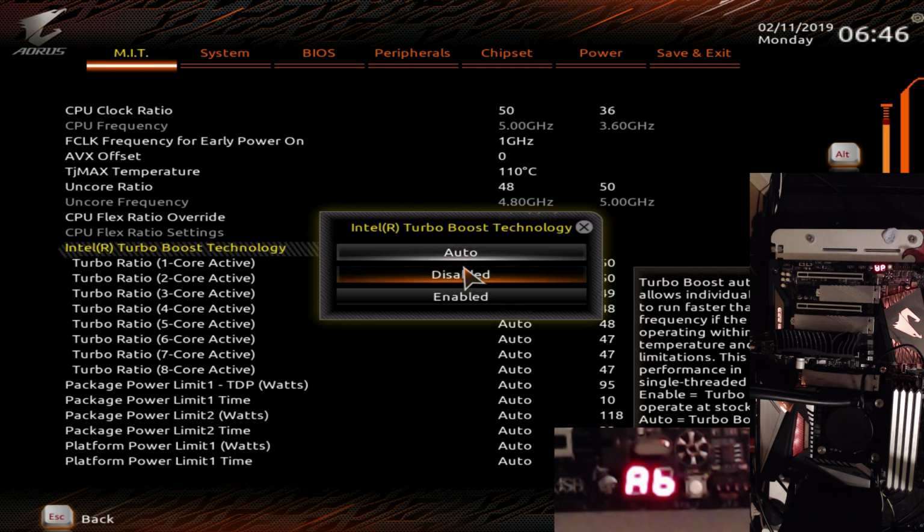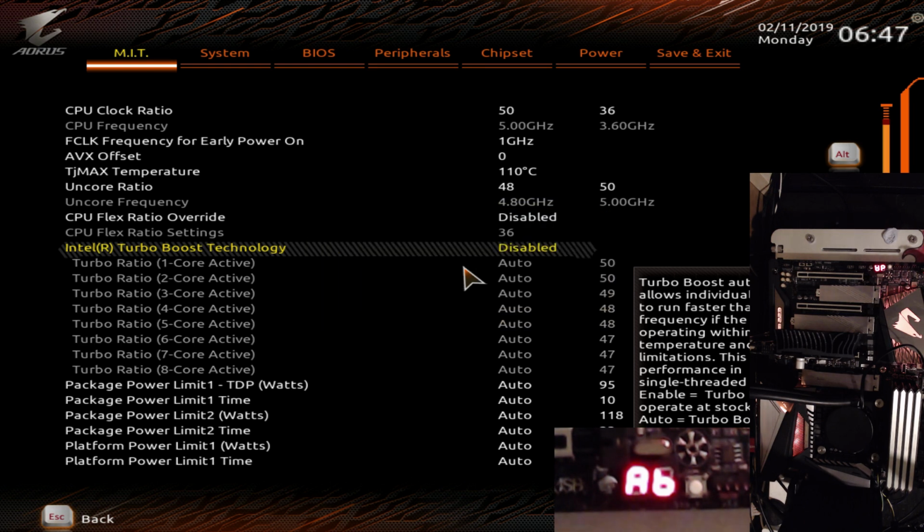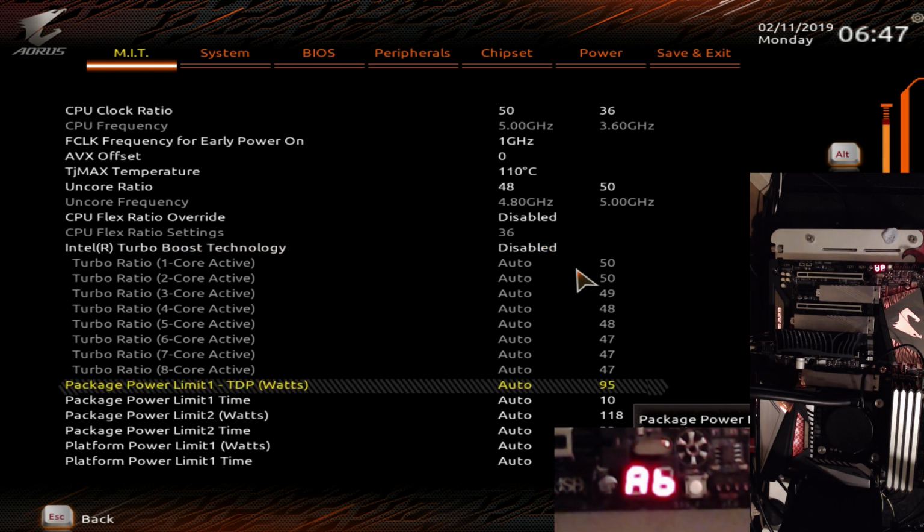Gigabyte motherboards are weird in that you need to disable turbo boost on them. That's just a Gigabyte thing. If you're on, say, Asus, MSI, or ASRock motherboards, and you disable turbo boost, your CPU is going to be stuck at base clock. Gigabyte motherboards are just special, okay? So disable your turbo boost. That